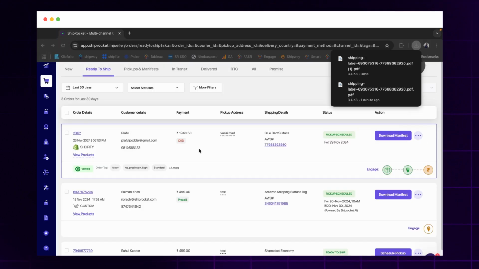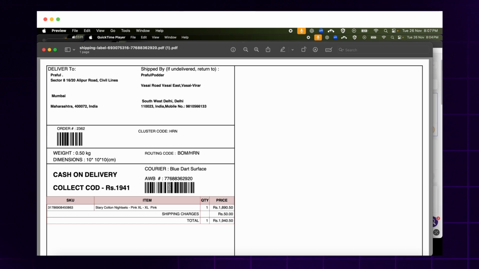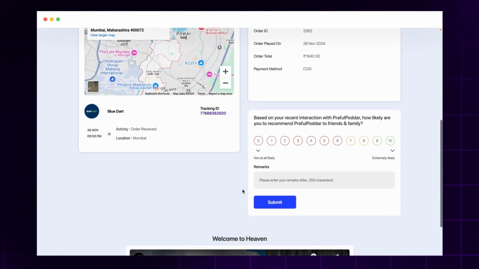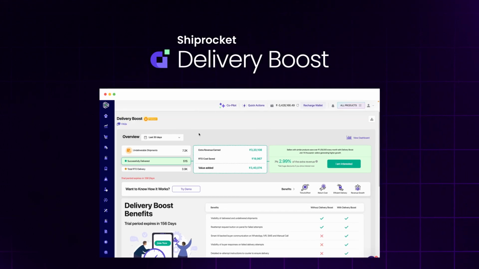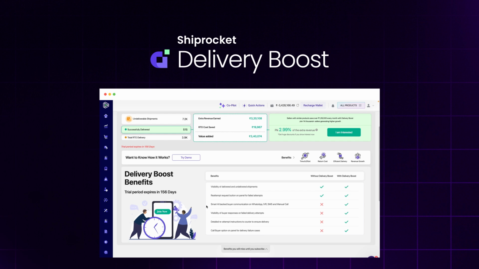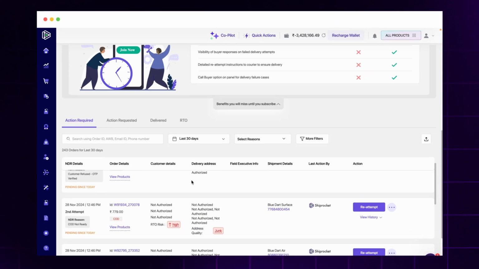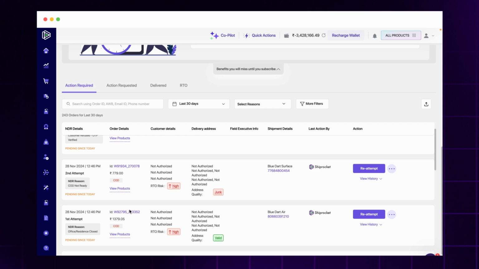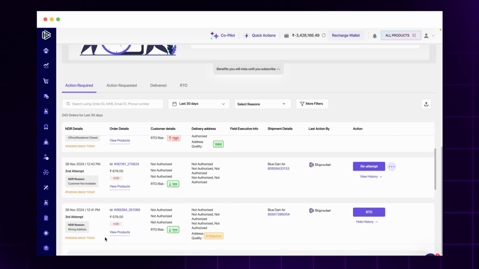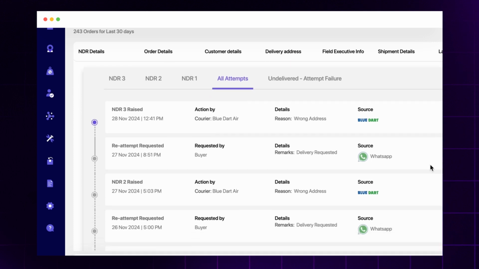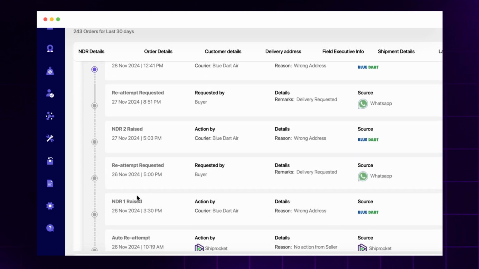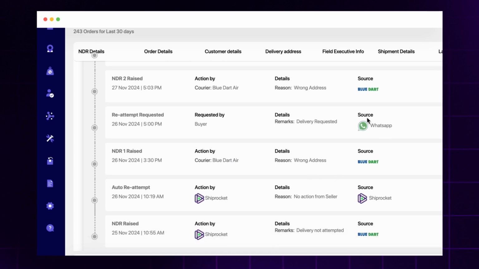All the seller has to do next is download the label printed and stick it on the packet for the courier to pick up. A tracking page is also generated, which gets sent out as a link to the buyer, which is customizable for the seller's branding. A couple of other features like Delivery Boost help in solving for a better shipping experience, where reducing non-deliveries provides a lot of transparency and also invokes an automated communication flow between the buyer and the seller. The courier gives information on the riskiness as well as address quality and all the communication that has gone out, along with the responses that have come from the buyer, which help in better deliveries happening on the supply chain.